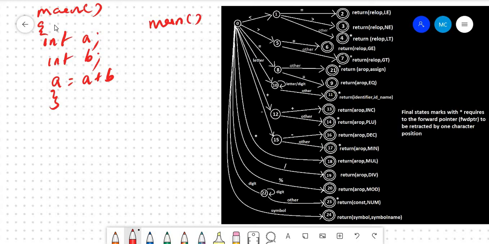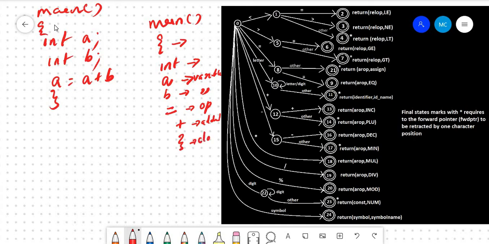Then this should show that it's an opening brace. int should be displayed as a keyword. a should be displayed as a variable. b again should be displayed as a variable, then equal to as an equal to operator, plus as an addition operator, then this as a closing brace. So this is what I want my lexical analyzer to print.